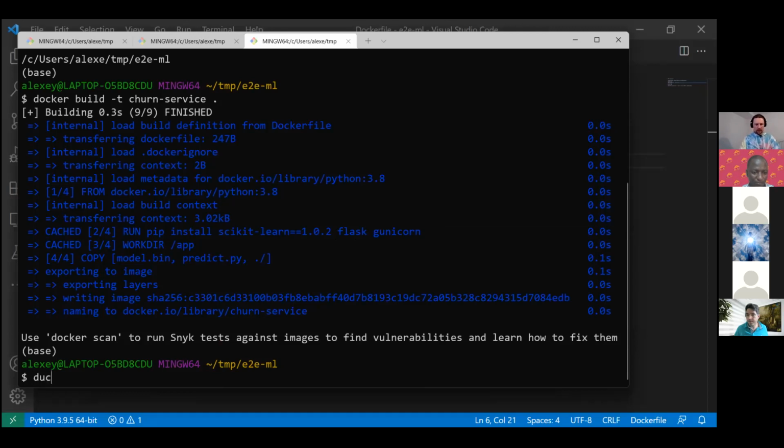So now we can run this with Docker. I'll do docker run -it. This is interactive mode, --rm, meaning that I want to remove the image after running. Then I need to specify the image, the name of the image. And before that, I also need to specify the port.